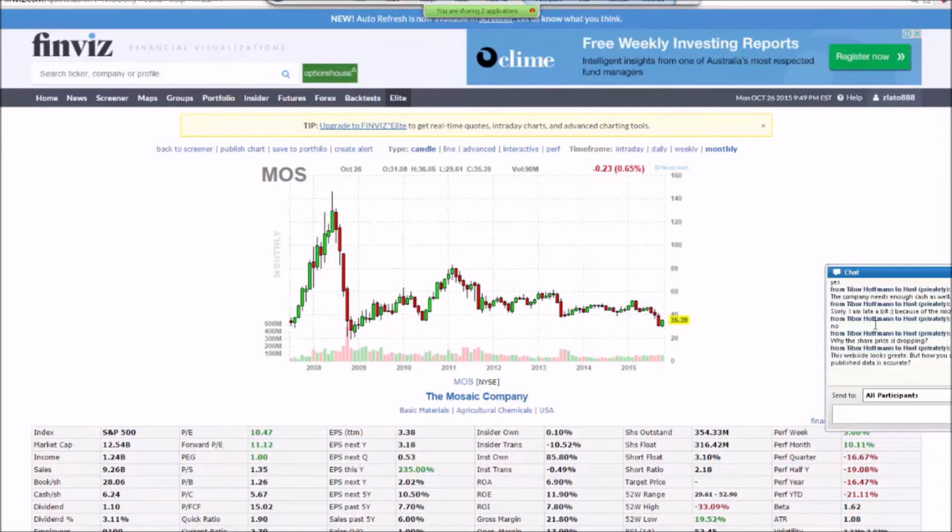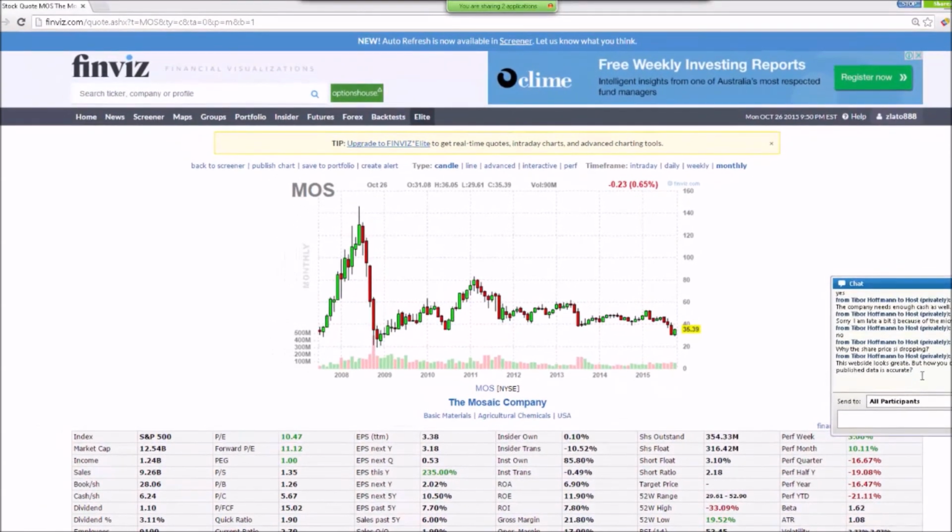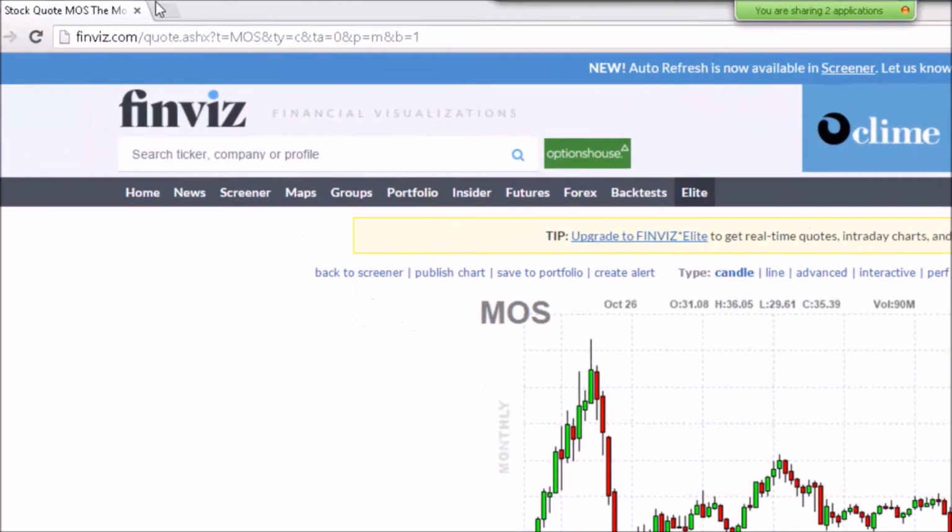Okay, just a second. This website looks great, but how can you make sure the published data is accurate? Yeah, you can never be sure about that. Usually they provide data from reliable sources, but of course you have to check it. I deal personally with a company called Value Line, and their information is reliable. Okay, I know that sometimes even the calculation of the price earnings ratio could be different. For example, on some websites, for example, if we go to the website of Yahoo Finance,